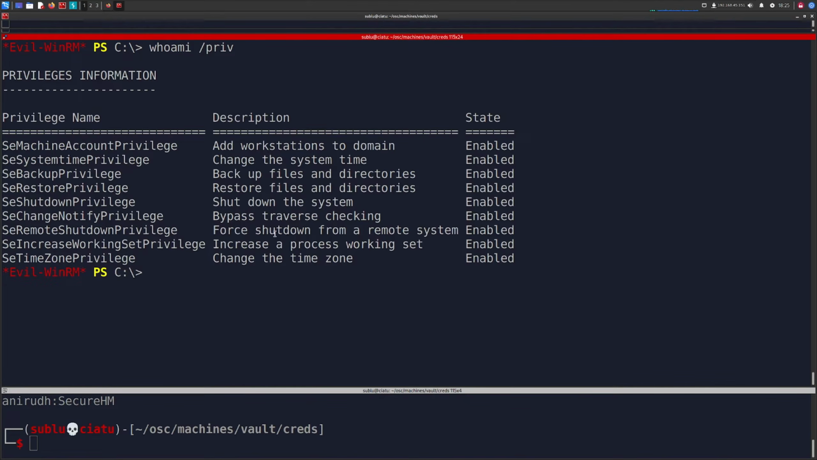whoami /priv. See the privileges. Okay, so we do have a lot of privileges here. We do have the SeBackupPrivilege, the SeRestorePrivilege, and a couple more that might be interesting to look at later on. Although I know these two are vulnerable to privilege escalation, sort of. I mean, I guess this is a misconfiguration that allows for privilege escalation. So the first thing that we can try, right, is we can try and use the SeBackupPrivilege, which happens to